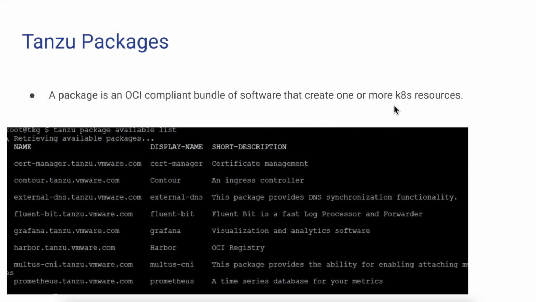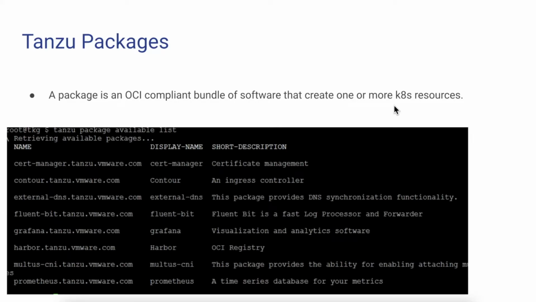And there is a way to package that, maybe we'll talk about it in a separate video. But once it is packaged, it becomes an OCI compliant bundle, which means we can push this package to a container image registry. And while deploying, we can pull that package, extract it, get the resources, and deploy it. And all of that can be handled by the Tanzu CLI.